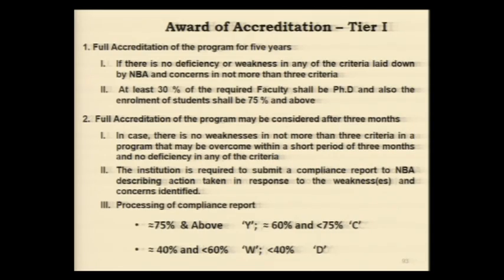Now, how the accreditation is given. As I said, recently the NBA has changed the guideline from 2 to 5 years to 3 to 6 years. So now the accreditation will be for 3 years and 6 years, not for 2 to 5 years. But that notification is in process, and once the NBA chairman and member secretary officially make it public, it will be official. It is already being implemented. But the criteria will remain the same, only the period will change.